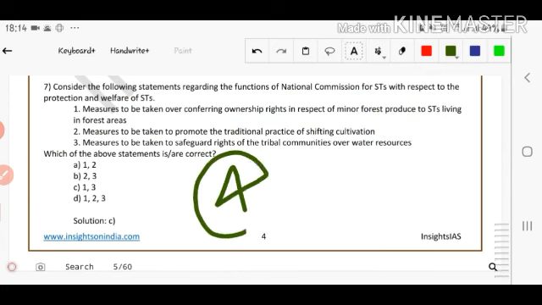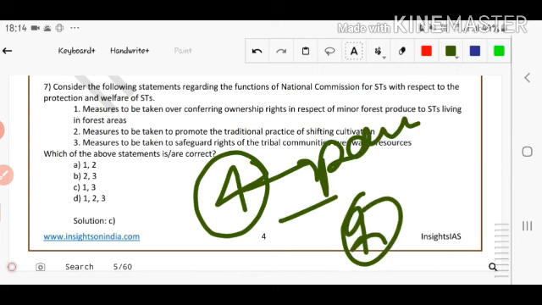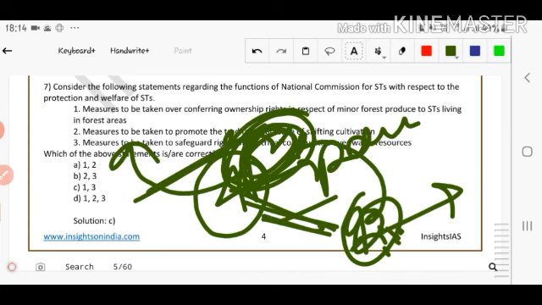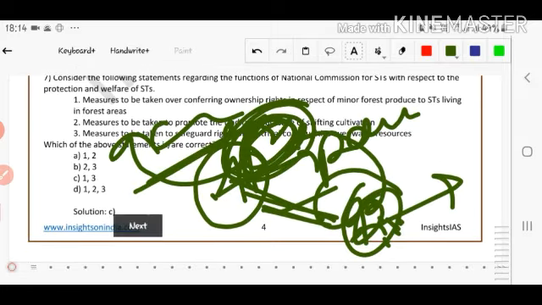And number fourth, the power is given to the Gram Sabha. If I am a forest dweller and I am living there for 75 years, or the prescribed limit given in the act itself, the whole case is given to the Gram Sabha, which takes into consideration whether he is there or not. That is the limitation of that act, and that is given to the state and central government. Yes, right. So here first and third is correct.